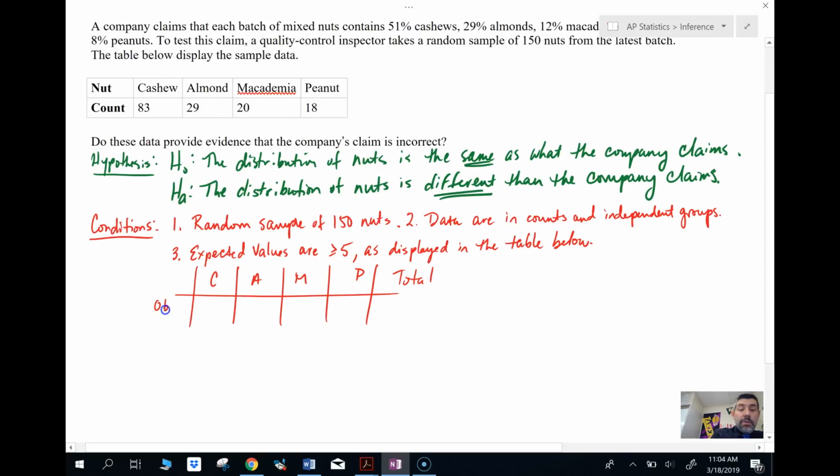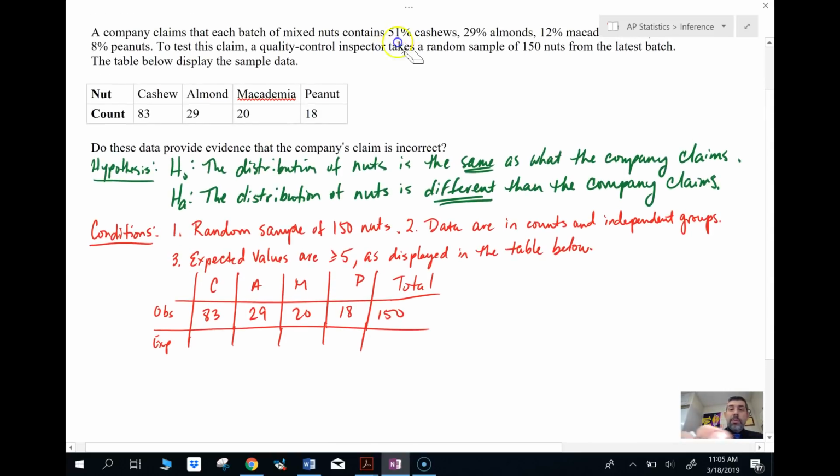And then I'm going to say observed, which is what I have up there: 83, 29, 20, 18, and a total of 150. And then I'm going to write expected right underneath it. And how am I going to find the expected value? Well, the expected value is what I expect each nut to have